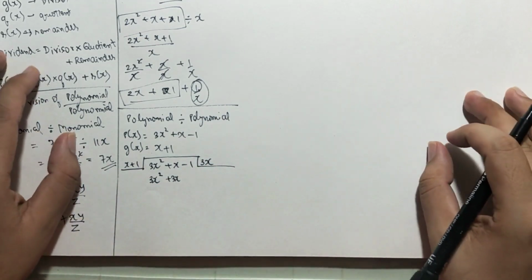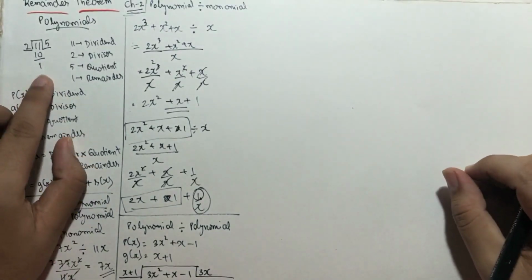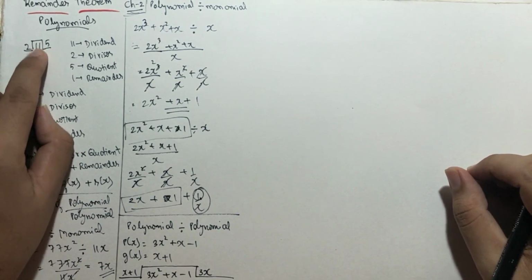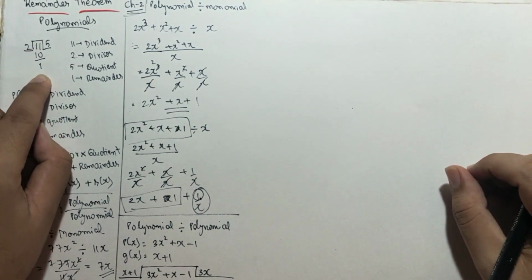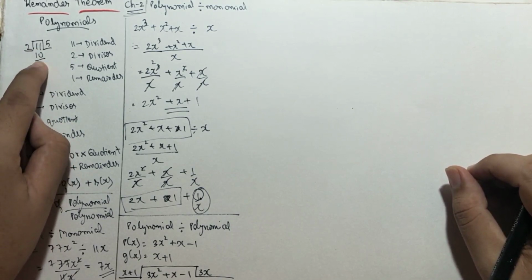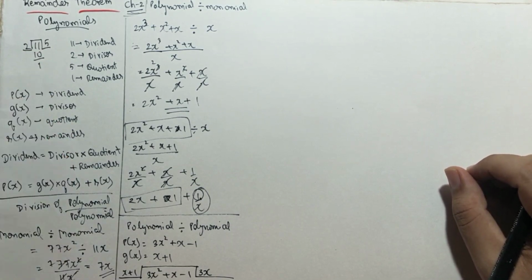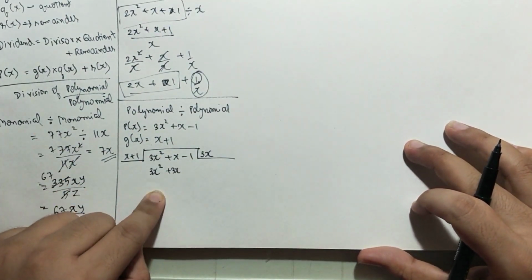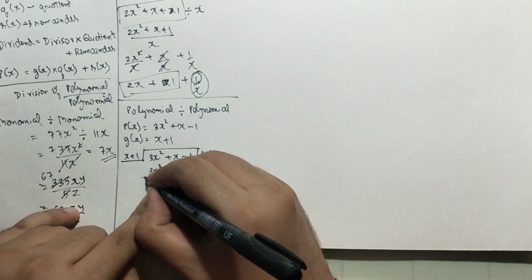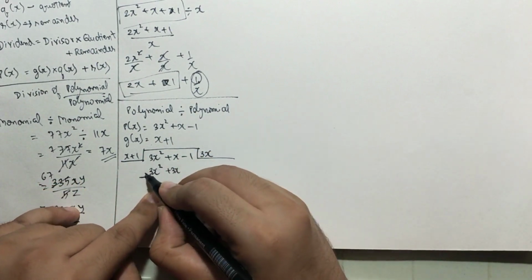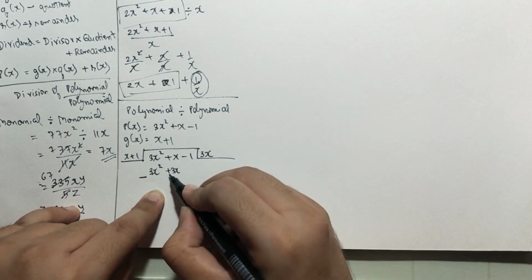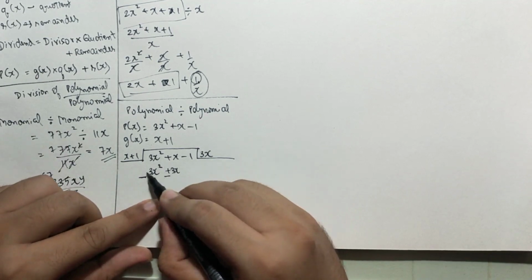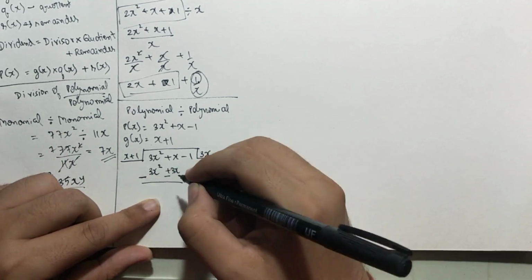Now, in general form, I want you to come back to this over here. What we did: 2 into 5 is 10. Then we subtracted 10 from 11. This is the method taught to us, that whatever answer comes over it, subtract it, and that is your remainder. The same happens with this polynomial also. We have to subtract them. If we want to subtract them, we will change their sign. Here 3x square was positive, it will become minus. Here 3x was positive, this will become minus. We have to subtract, that means we have to change their sign and use the changed sign.